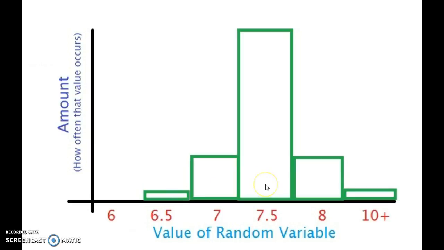Now I know for me personally, my graph would definitely be skewed to the left. I hardly ever get to sleep in. But there are days where, for whatever reason, I'm only getting 4 hours of sleep or 3 hours of sleep. And so I have this little skew to the left because I don't consistently get to sleep the exact amount that I want every single day. Now let's talk about one final example.